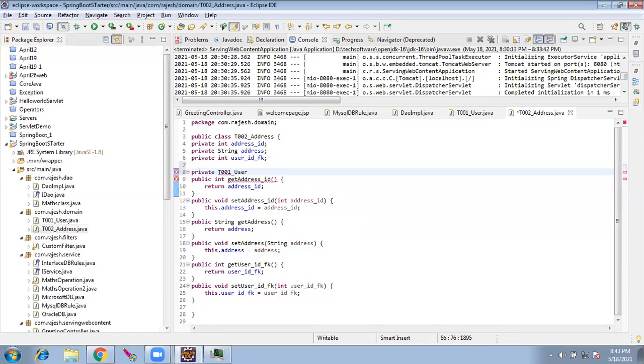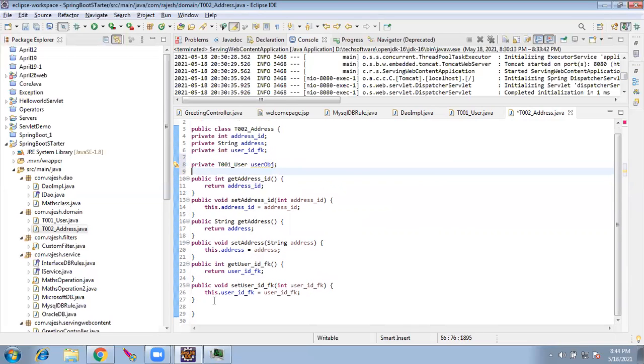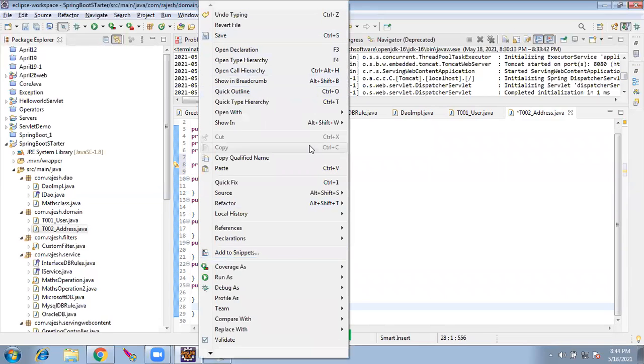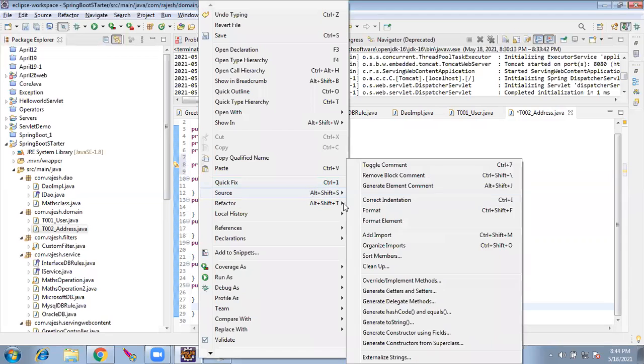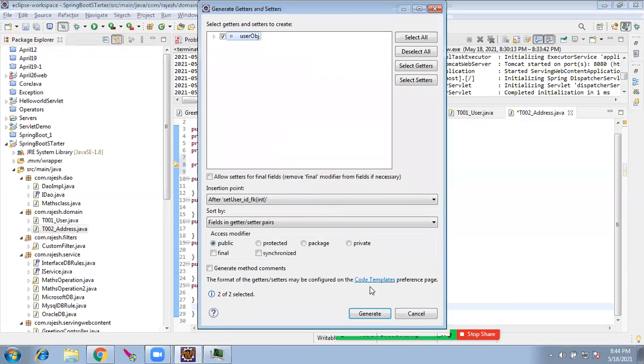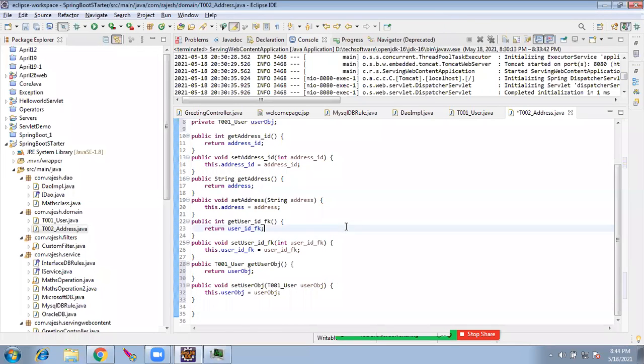I said when we were dealing with DB as 1 to many and many to 1, you had remembered. User object. I'll keep it this way. I'll create getters and setters.